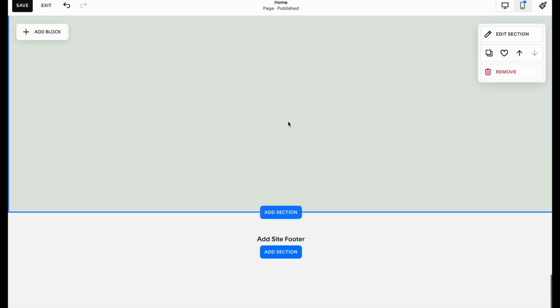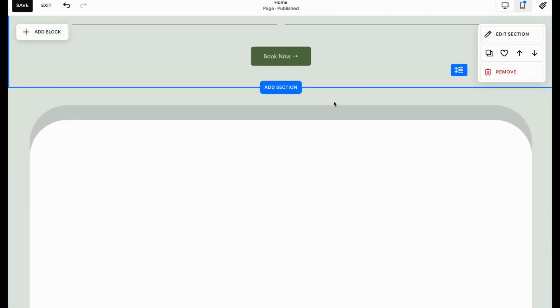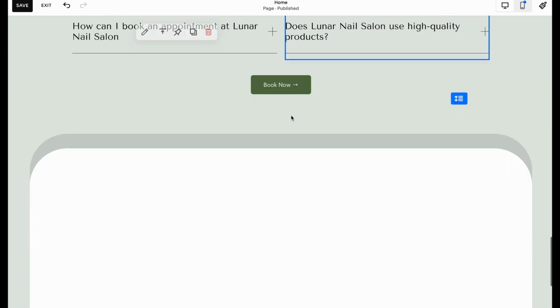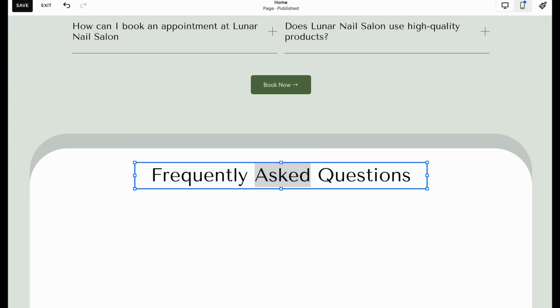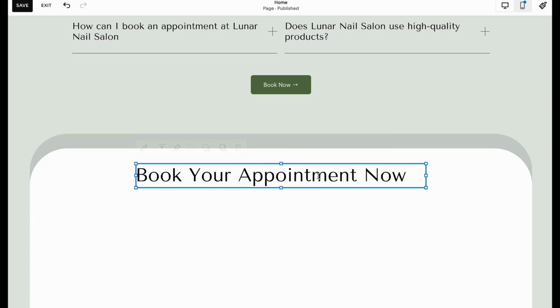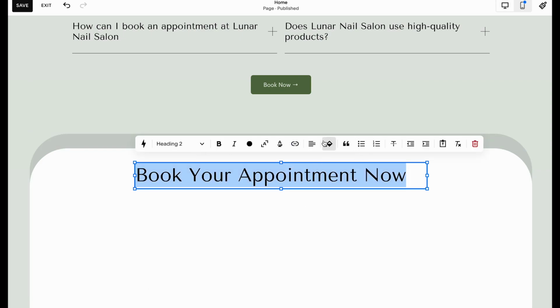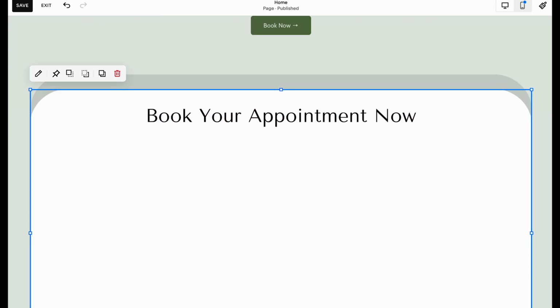Yeah, so right now I am creating the schedule, pretty much the booking section, and this is great to have because if people scroll that far into your website, they're of course interested in what you have to offer, so you can show them straight away to book an appointment. So we'll get back to this section because I'll have to show you in more detail how to actually set up